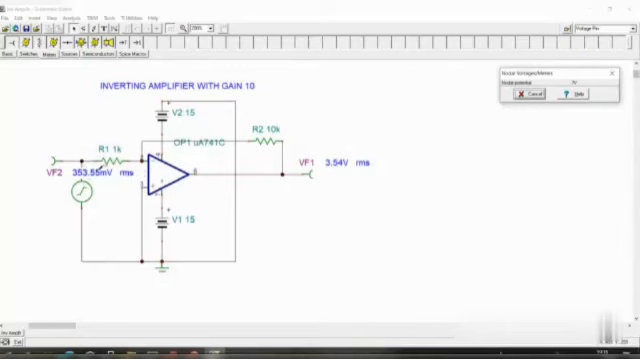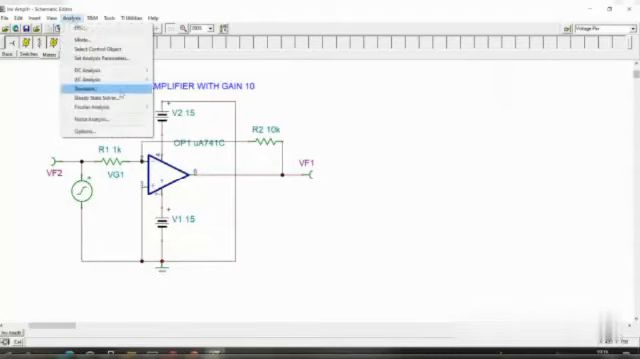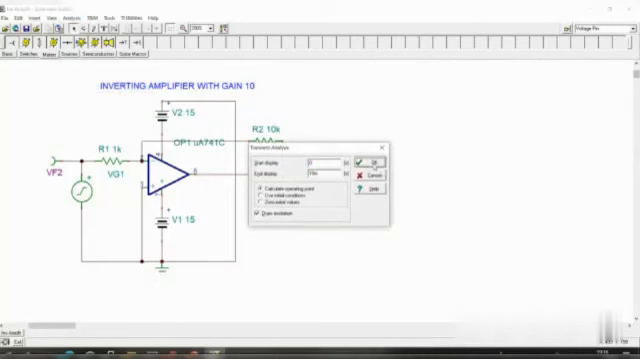So we can say it is 0.707 times VP, times 0.5, that is 353 millivolt or 0.353 RMS. And here also you know that your peak voltage is 5 volt, that you have seen already, isn't it? So if you just cancel it and see the analysis and transient analysis, okay, you have